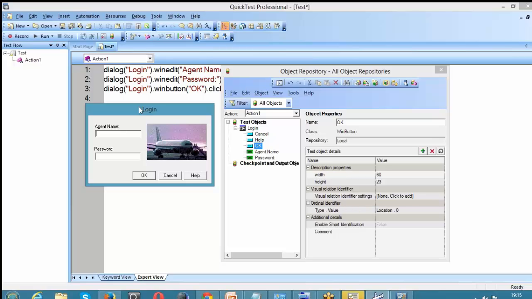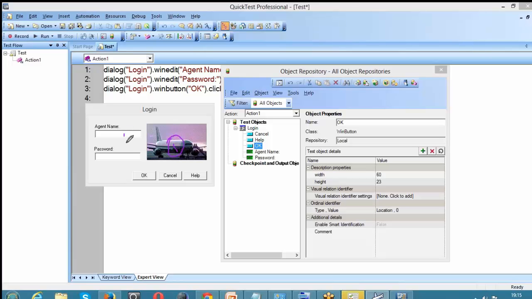Something is missing. The picture. What is that? Did the picture come up? Image, right? Image is also an object, right? Image information has not been loaded into the object repository. It has loaded this agent name, this password, okay, cancel and help. It has not loaded the image. And moreover, if you check it perfectly,